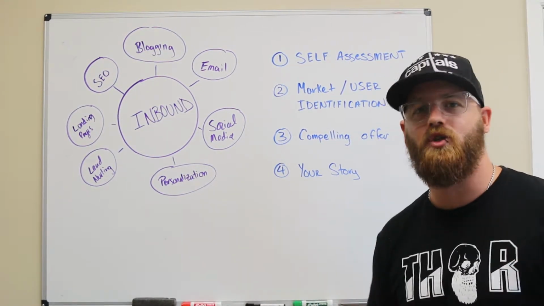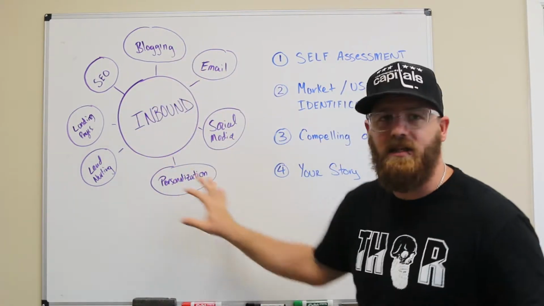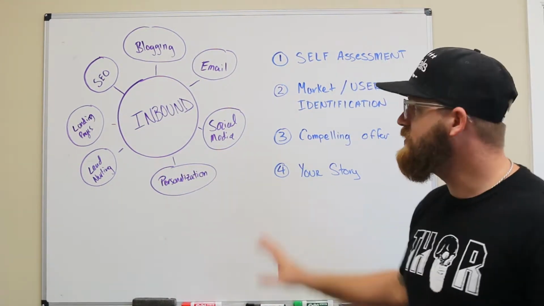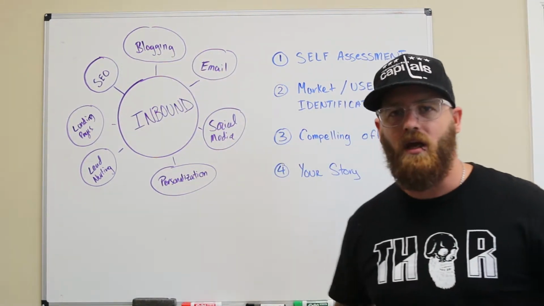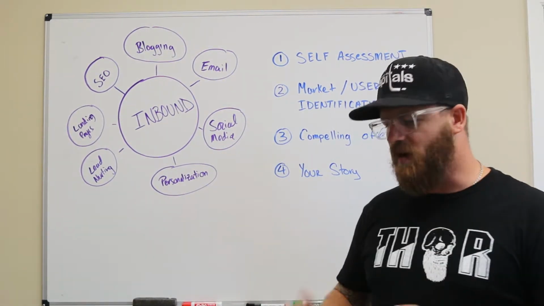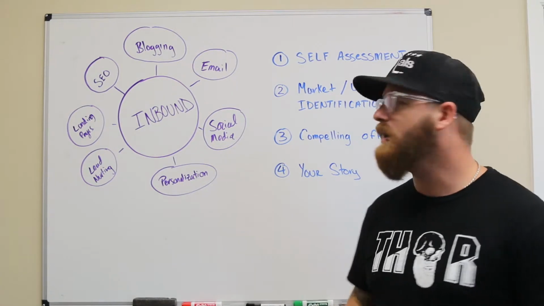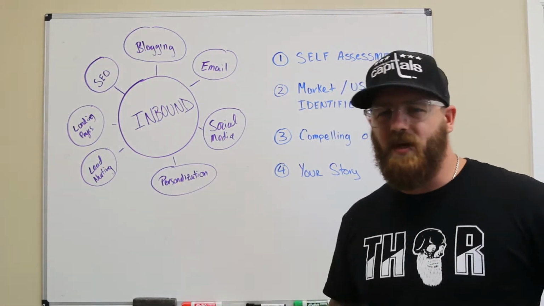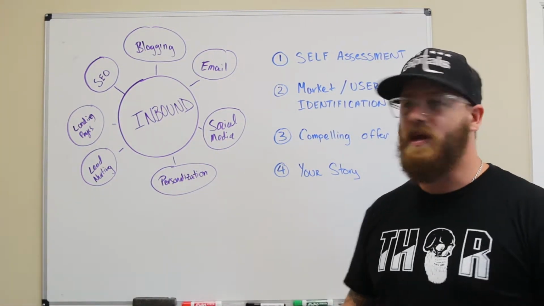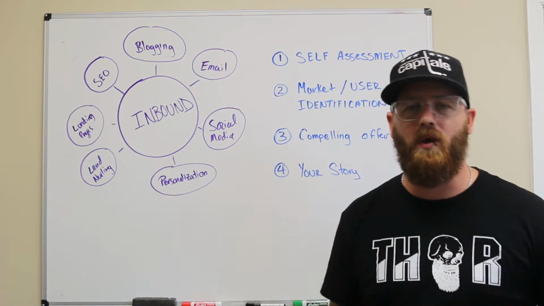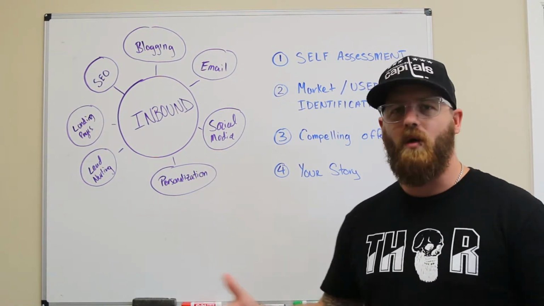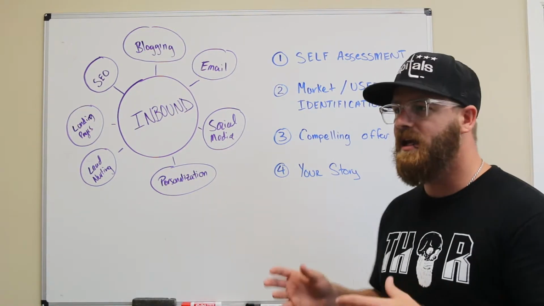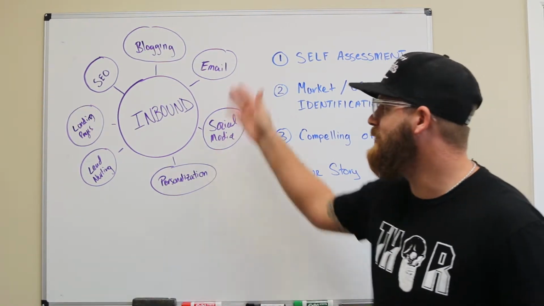And then lastly, what's your story? You can't start implementing these without having a story. And again, this is where clarity comes in. Oftentimes we just start jumping into blogging. We get really excited thinking, oh, blogging's going to solve my problems. I'm going to blog, I'm going to blog, I'm going to blog. But we're just kind of going all over the place and we don't have a compelling story. We haven't done these steps up here, so we don't really know who we are. We don't really know who we're targeting. We're just kind of feeling it out as we go. And while you can learn a lot like that, it's going to take a long time to build success.